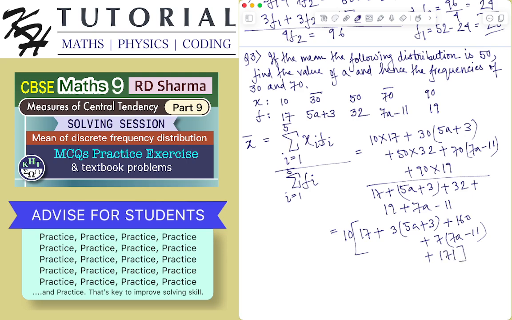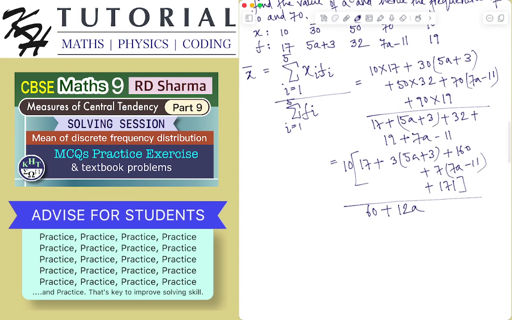whole divided by, in the denominator we have 17 plus 32 is 49, 49 plus 19 is 68, 68 minus 11 is 57, and 57 plus 3 is 60. So I have 60 plus 5a plus 7a, that is 12a. Okay, I can take 12 common from the denominator. So this is